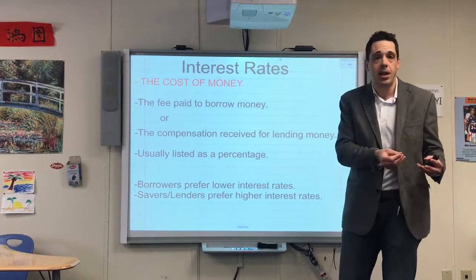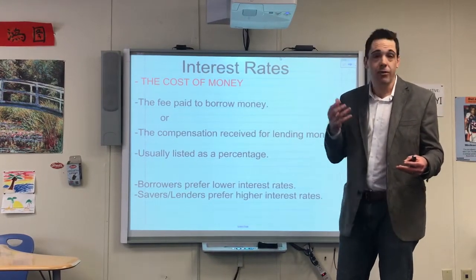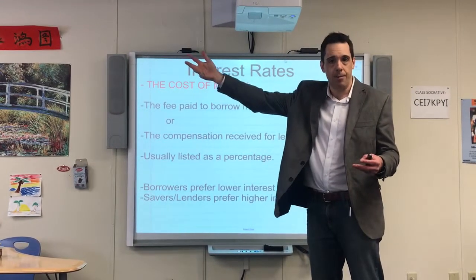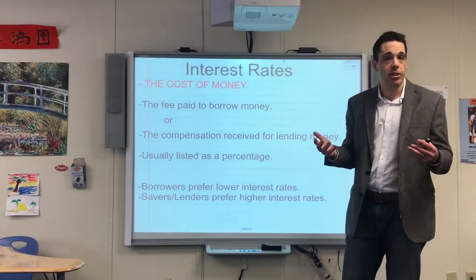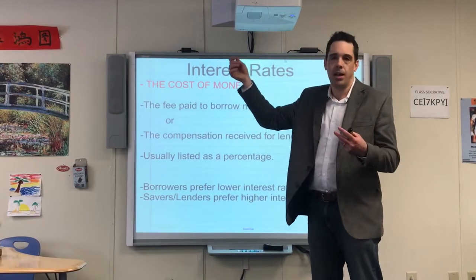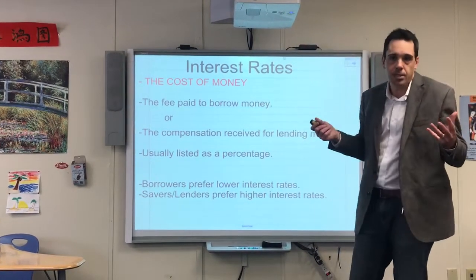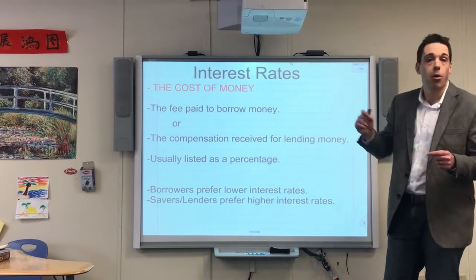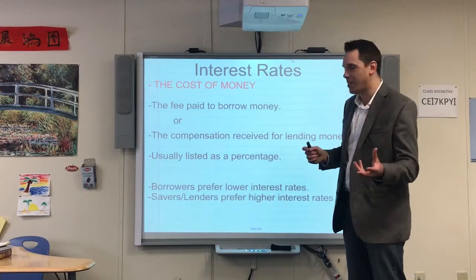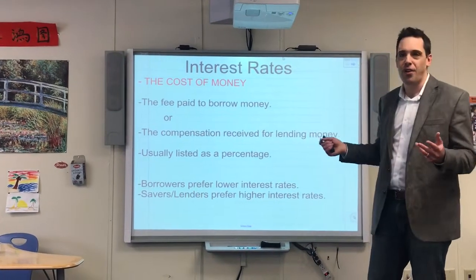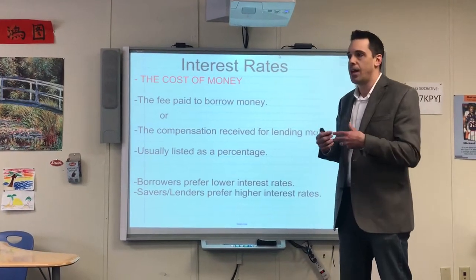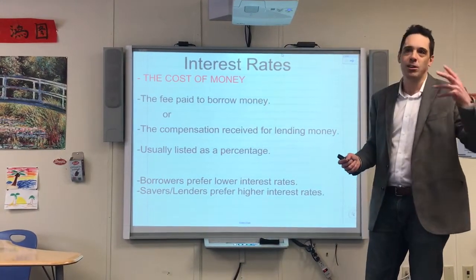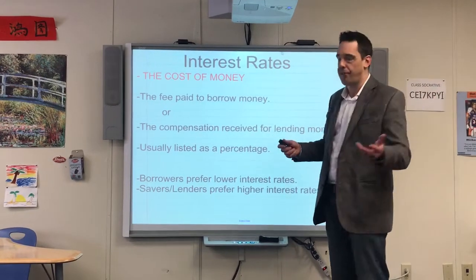If you don't have money, you go to the bank, they give you money, you pay it back later, but in the end, you give them more money back for the service of lending you the money, and that additional money, that interest rate, is the price of money. That's exactly what it is. Borrowers want a lower interest rate, means money's less expensive. Savers want a higher interest rate, that means they're getting more compensation for lending out money. So it's the same thing in micro, that buyers want a lower price for apple juice, sellers want a higher price for apple juice.